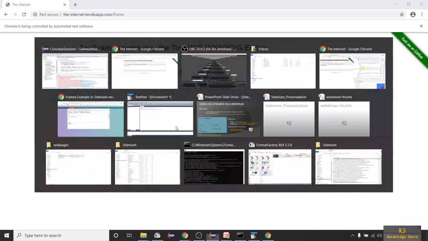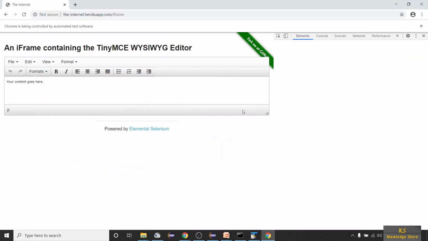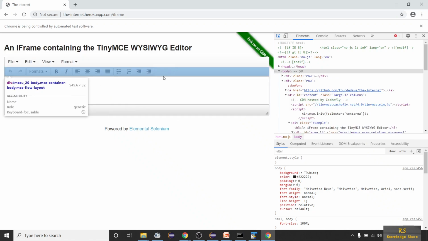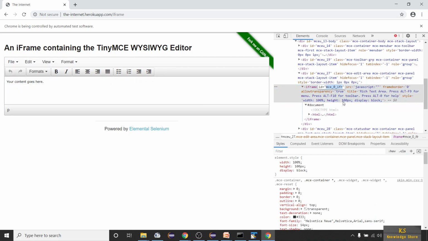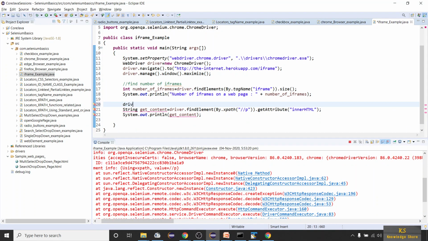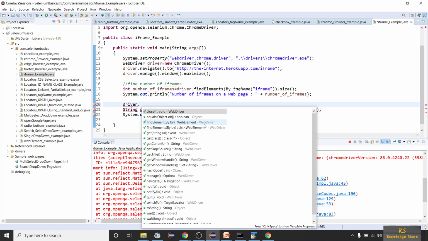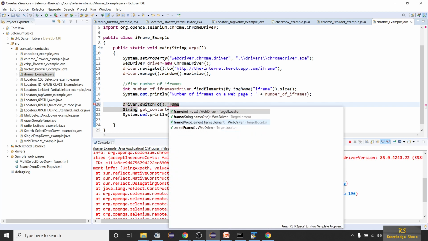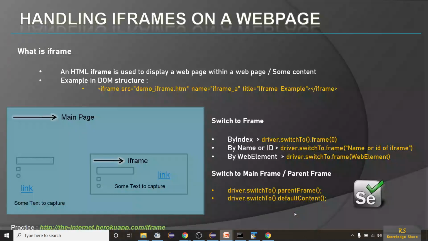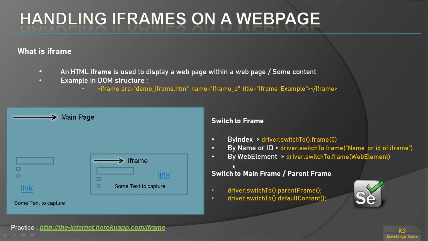Now let us switch to that iframe. Before that, let's identify the name or ID of the iframe. You can see here the iframe has an ID, so we can take the ID. We have to use driver.switchTo().frame. When I give frame, it gave me three types of options: by index, by name or ID, and by web element.